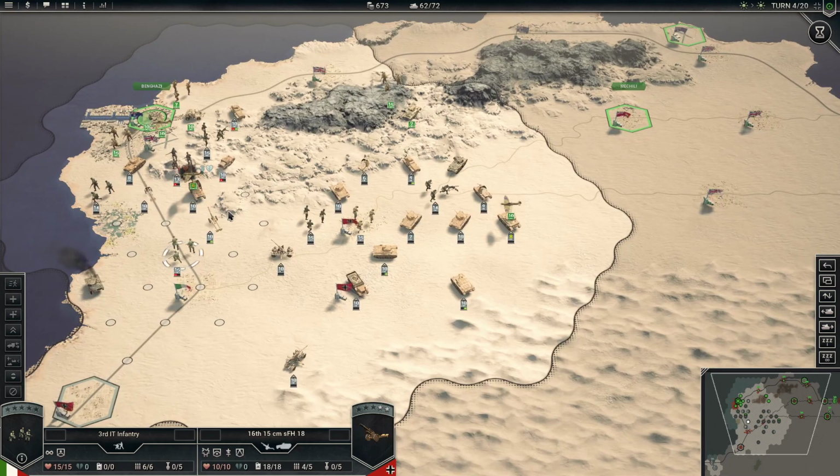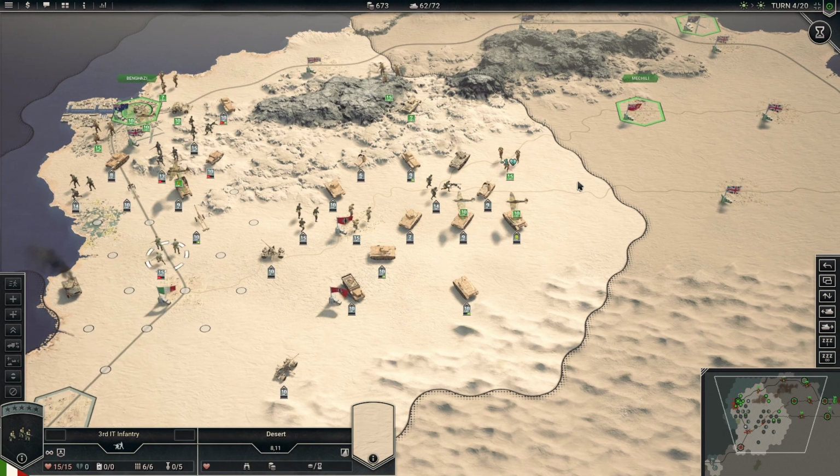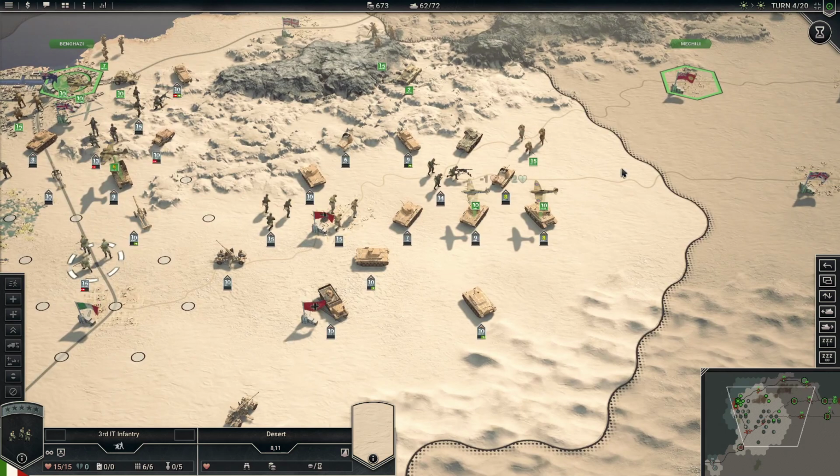Okay, good. A lot of suppression, which helps reduce their attack against the air units. Yeah, and the